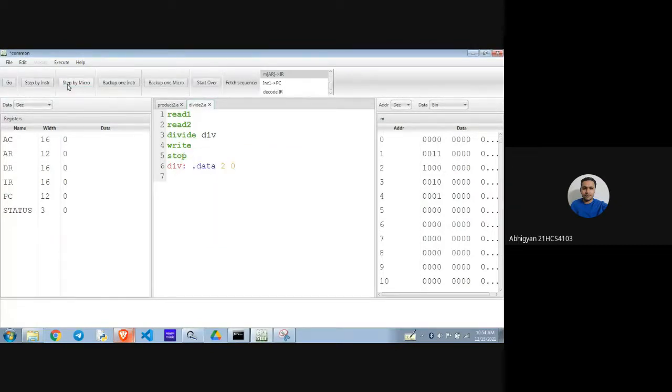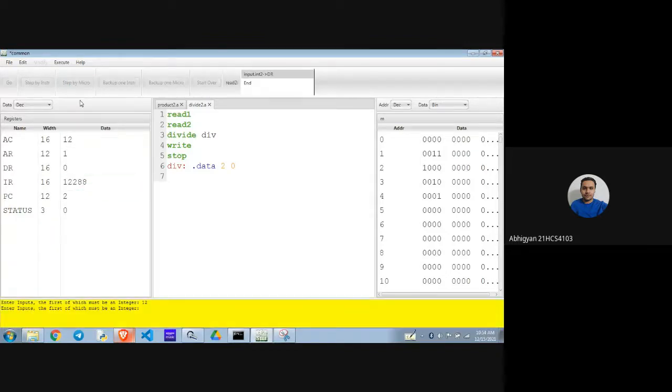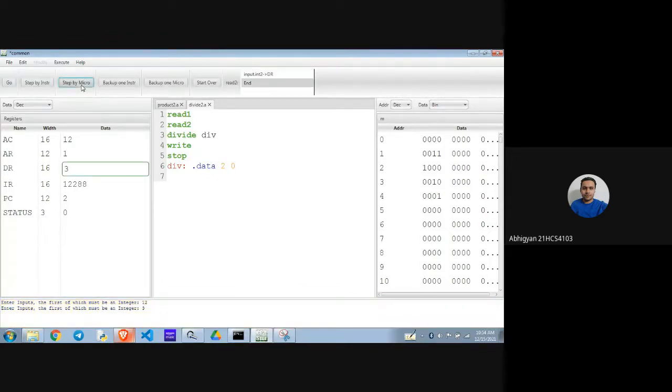So first the fetch sequence will give us the read one instruction. Here I can input 12. And 3. Yes, ma'am.